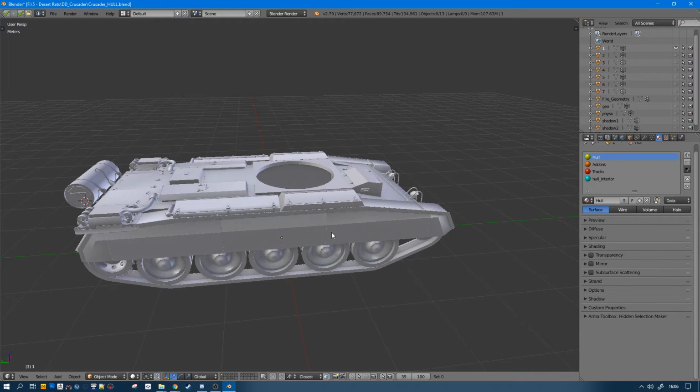Since last time I did a few tasks that were not interesting and that you can find in my previous tutorial about importing from Blender. So I assigned textures and materials and RVMats to the different texture sets of every LOD.